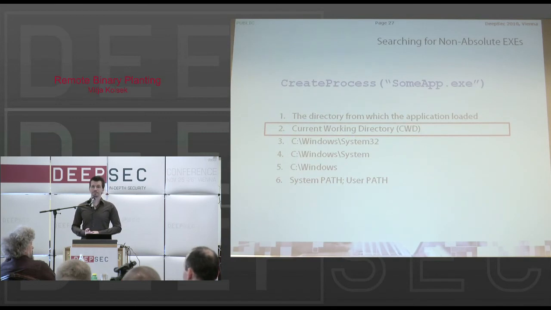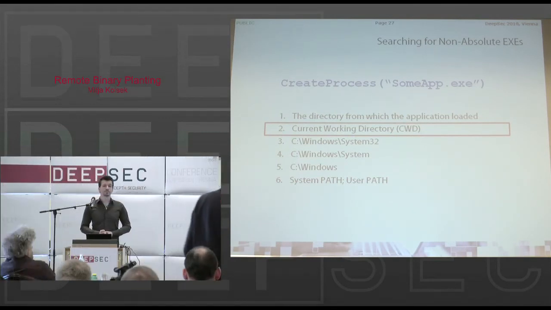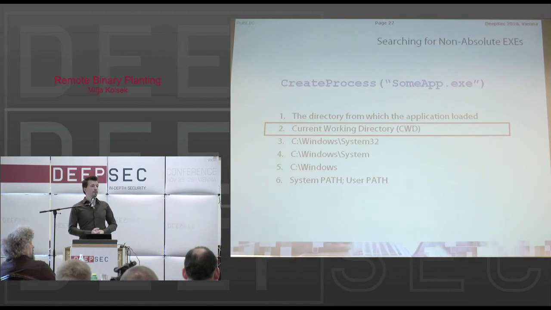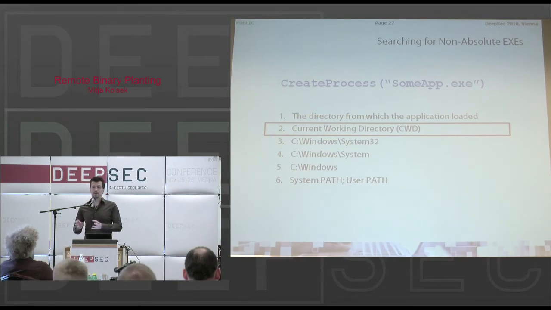So you told us that most applications built with Visual Studio are vulnerable. Only those built as MFC applications, like Microsoft Foundation Classes. The reason for that is in the MFC library, which is included in all of those. This library has a vulnerability. It tries to load the DWM API.dll.